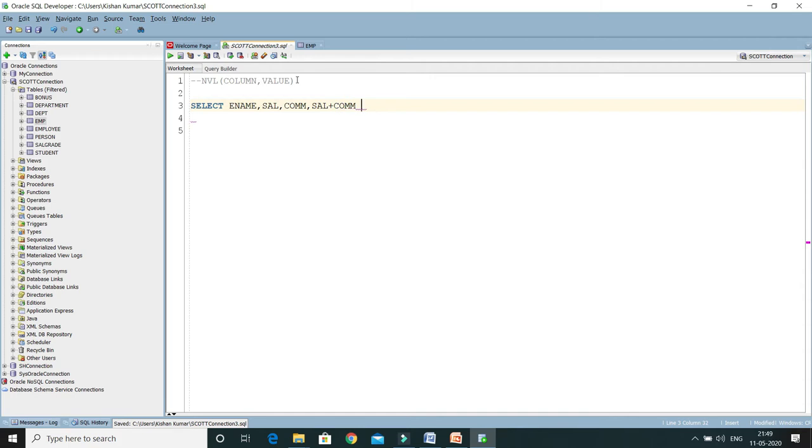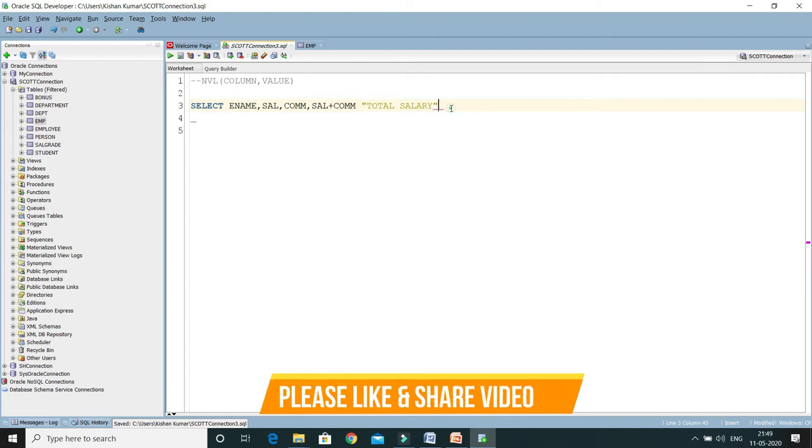That basically represents total compensation or total salary. And here I'm going to provide an alias as total salary, or what you can say total compensation. And I'm going to select from the EMP table.